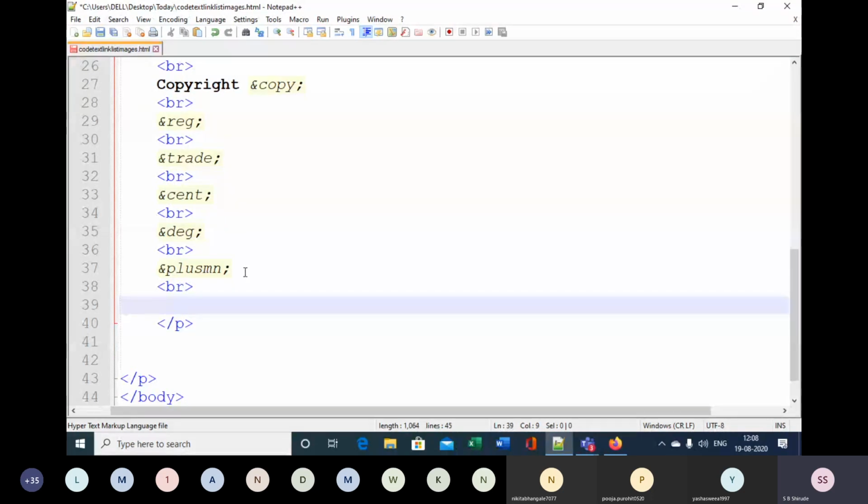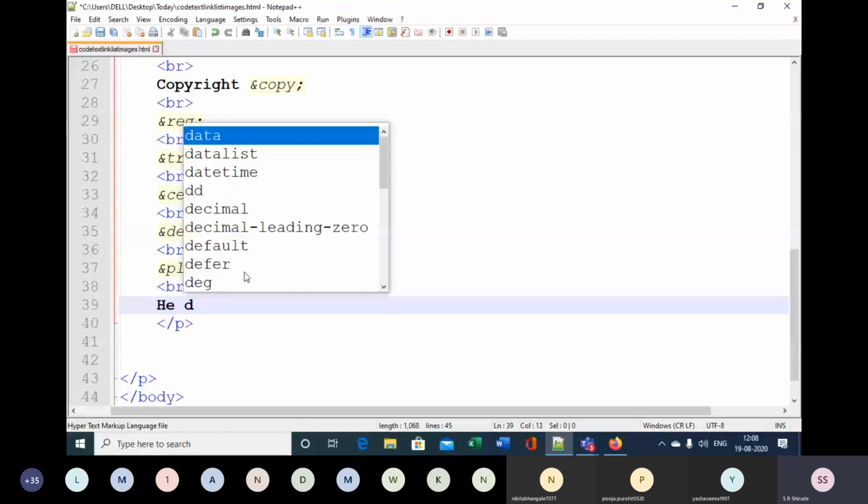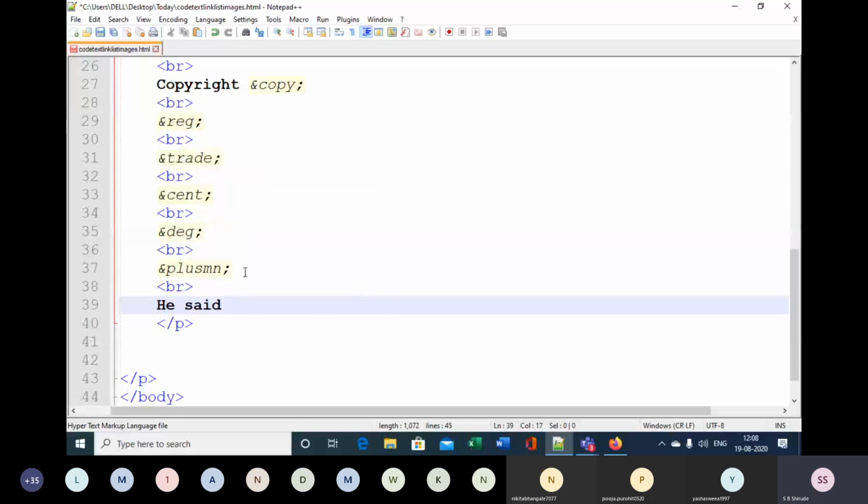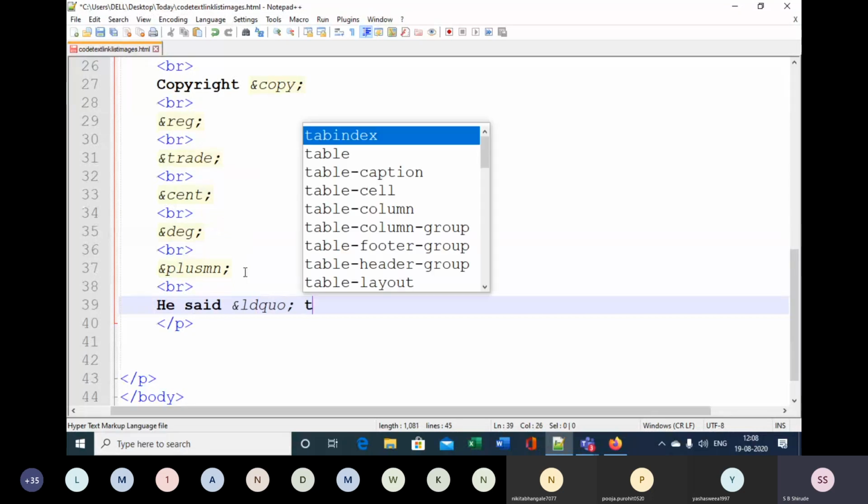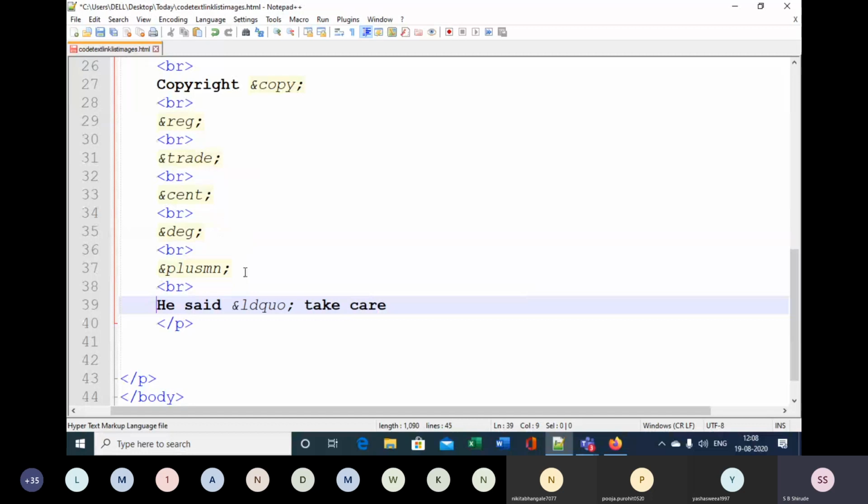And if you want to put double quotes, then you can put ampersand LDQUO semicolon. He said, take care. Or we can say, doctor said, take care. Then here ampersand RDQUO. So that will be the closing double quote.